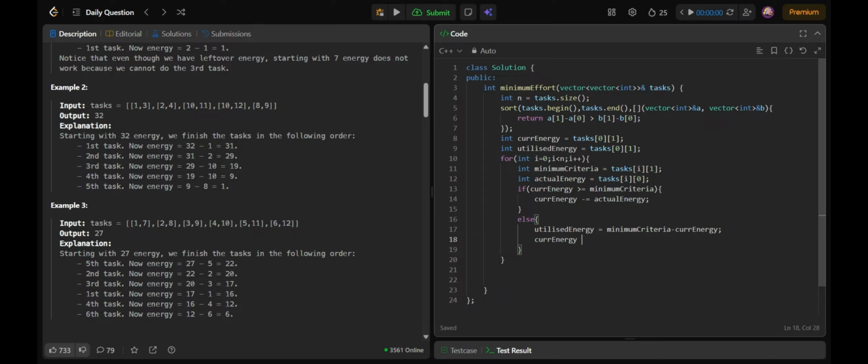And my current energy after doing the task would be equal to the difference between minimum criteria and actual energy. And then I'll return my utilized energy.